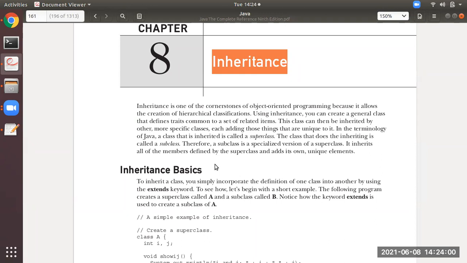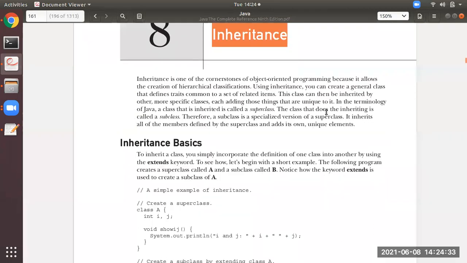So the child class will have all the properties that are available in the parent class. That concept is termed as inheritance. It means the properties of the parent class will be inherited by default in its child class. That is inheritance. So over here, we will be using the word superclass for the parent class, and for the child class, we'll be using the word subclass. You all remember this.